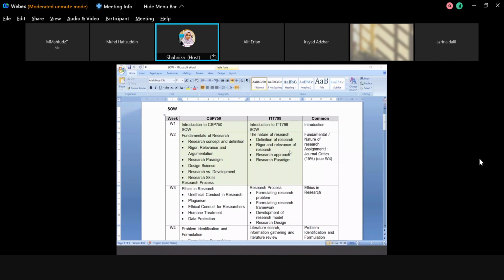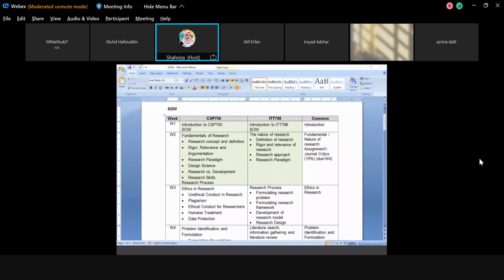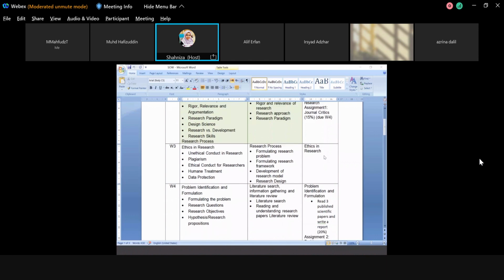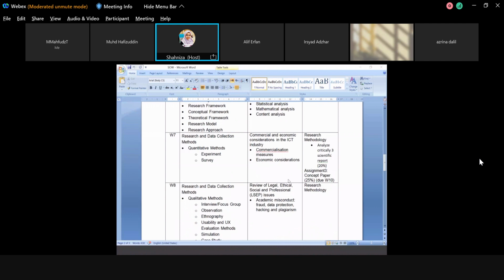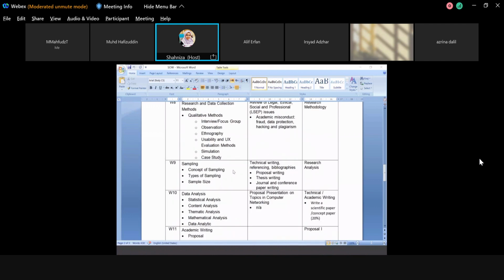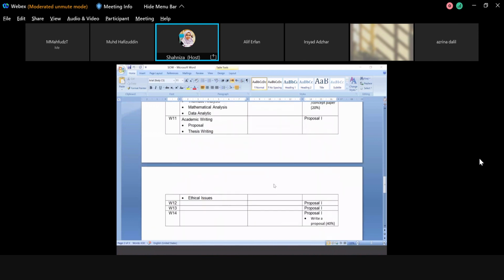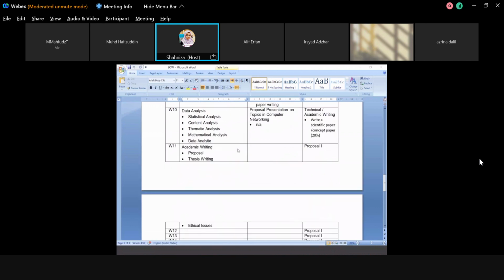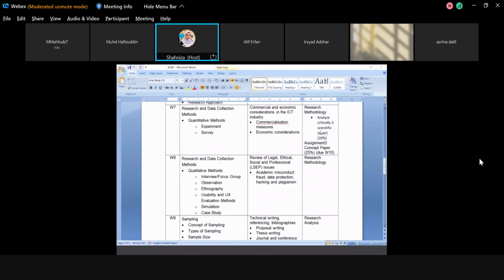So contohnya macam kalau kat sini, ethics, yang ni research process dah, so saya buat ethics dulu pada minggu ini. So yang common ni would be apa yang kita akan cover setiap minggu. Okay, and don't worry, insyaAllah sampai kepada week 14 tu, the whole topics from 798 as well as 750 is covered. Okay, insyaAllah. Saya tak akan jeopardize lah nasib you all. So saya akan letakkan semuanya, saya akan make sure yang semuanya covered, and same goes for the assessment.